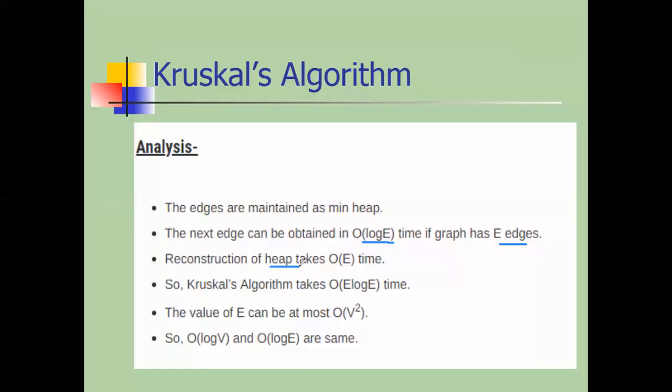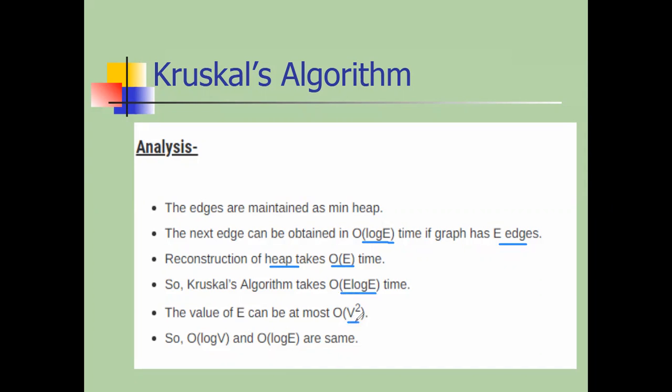Heap means what, we are creating a tree, में क्या होता है, heap tree we can consider, or heap sorting, we have to create the heap tree there and we have to select the minimum value. So the minimum value हमेशा upper side में रहेगी. At that time it requires, because we have to select all the vertices or edges, that's why it is big O of e. So Kruskal algorithm takes e log e time. So the value of e can be almost big O of V square.